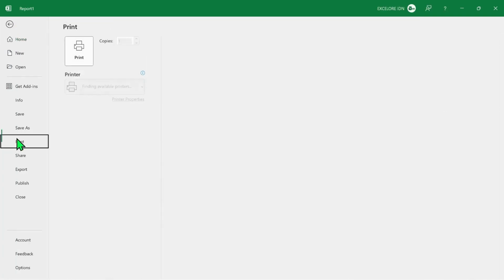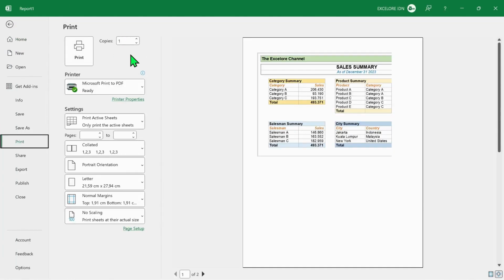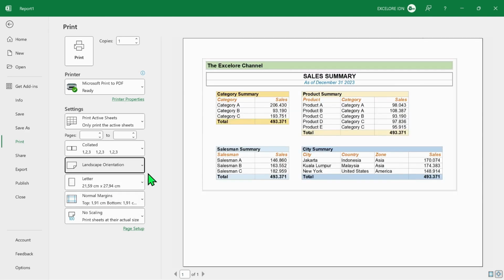Select Print. This is the Printing and Pages settings window. Set the number of times the page will be printed. Then in the Settings area, you can set which sheets will be printed. And set the printing output, whether printing sequentially or one by one. In Orientation Settings, let's choose Landscape as the template is in landscape shape. We can choose paper type here.